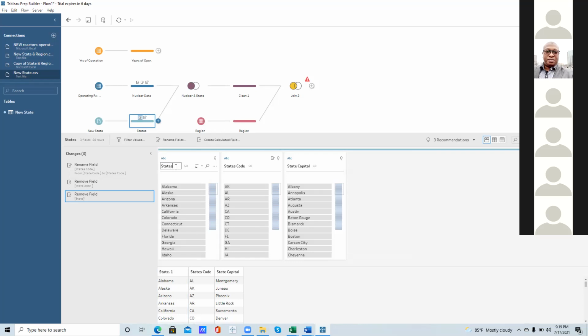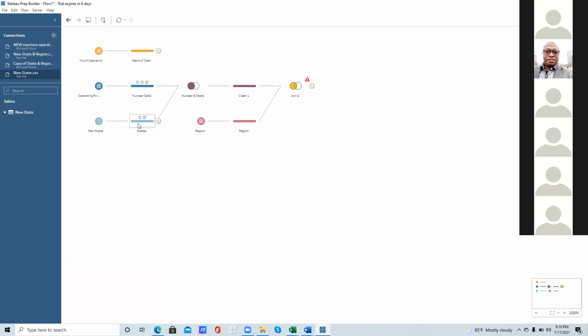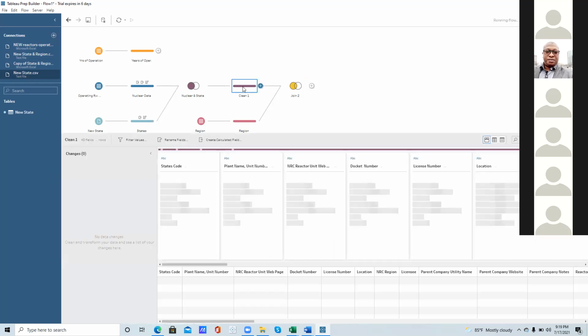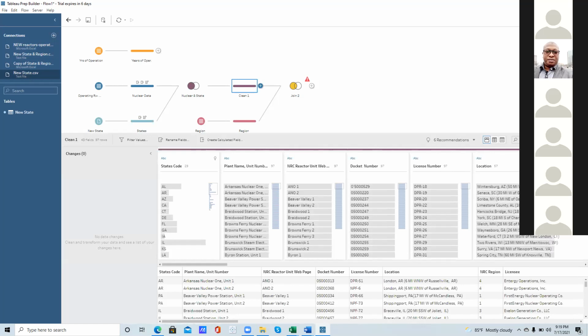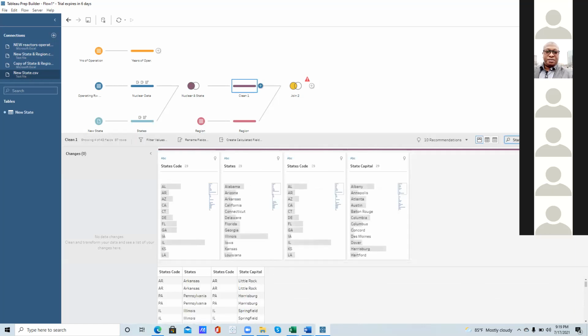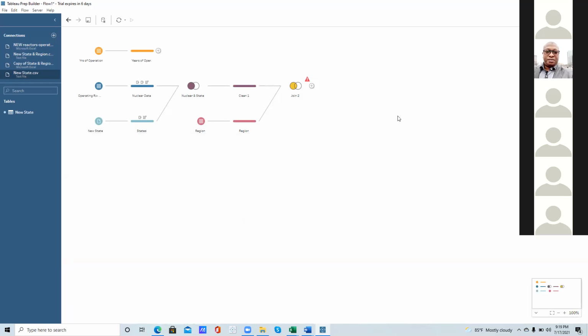With an S, right? I don't know if it has an S, so I think it's states, only states. Okay, if you check the other one, check your clean data. The clean one, just click on clean one, search states. What do we have there? Okay, it's states. Okay, fine. All right, so that works.